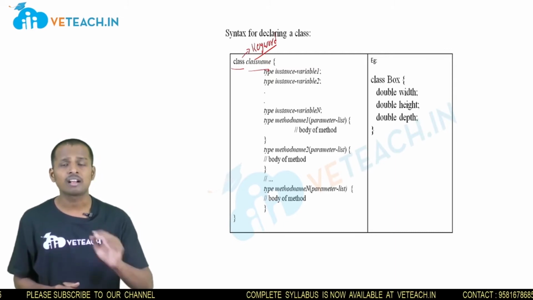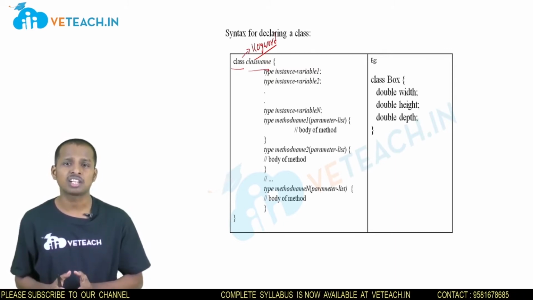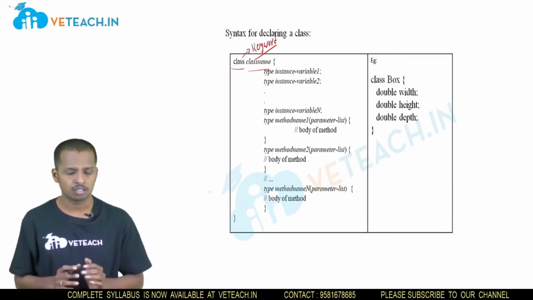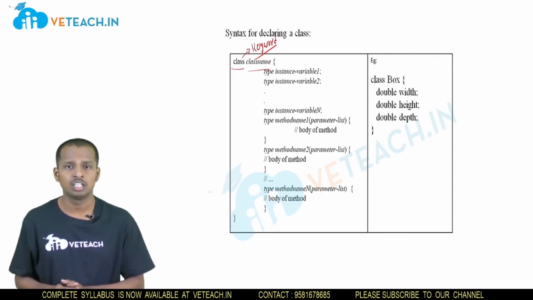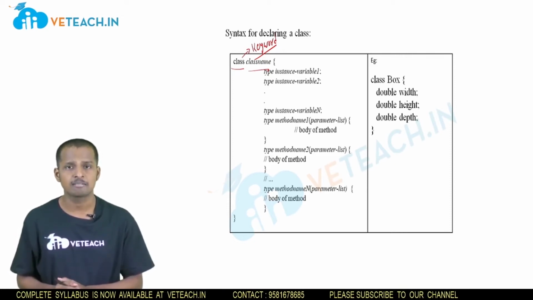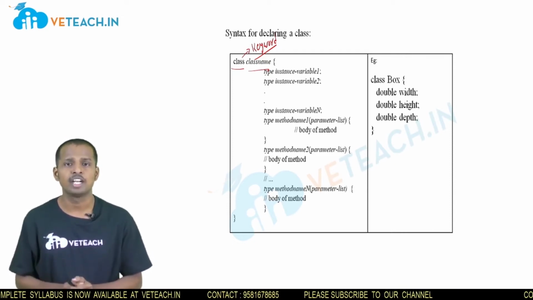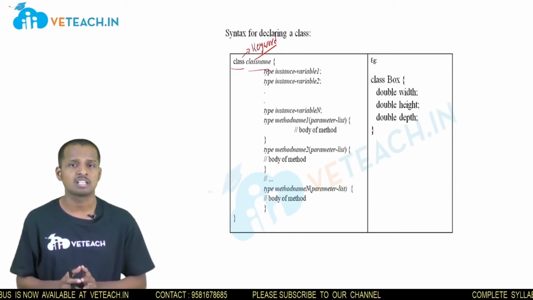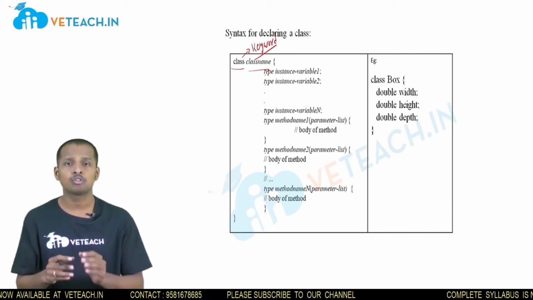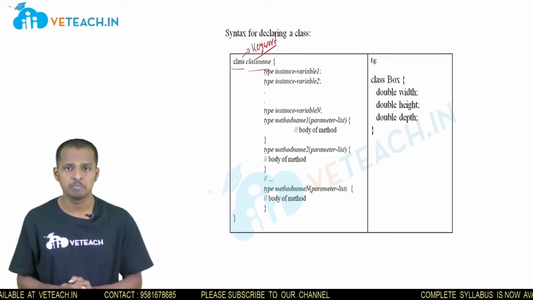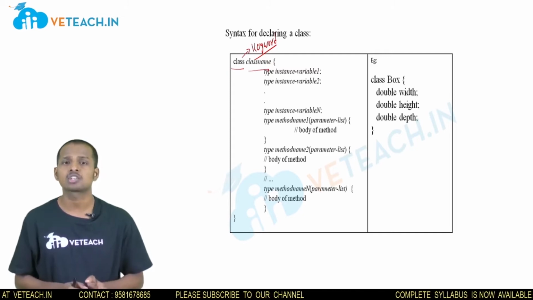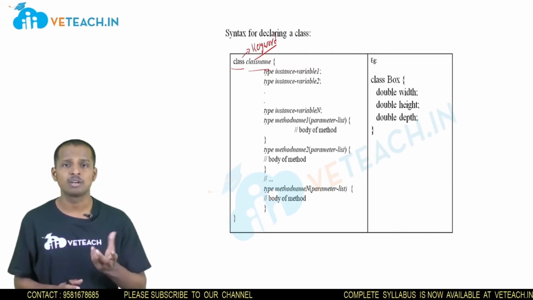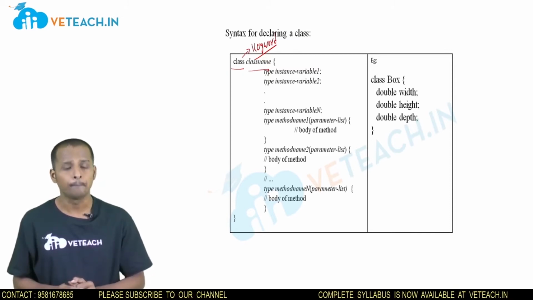The names that you give to the classes should be relevant to the work that the class is going to perform. For example, if you want to print a message, like hello world, I'll write a class name as message. If my program is to perform addition of two numbers, I can keep my class name as addition, or sum. Or if you want to write a program to find the biggest of two numbers, you can keep your class name as biggest or big or large. It would be better to give your class name relevant to the work that the class is going to perform.